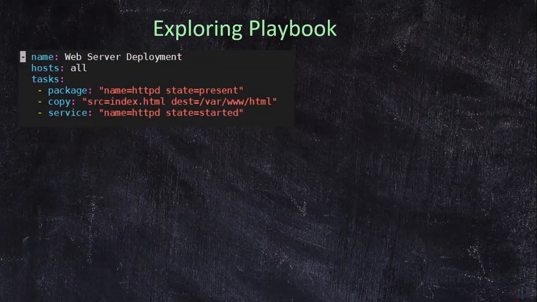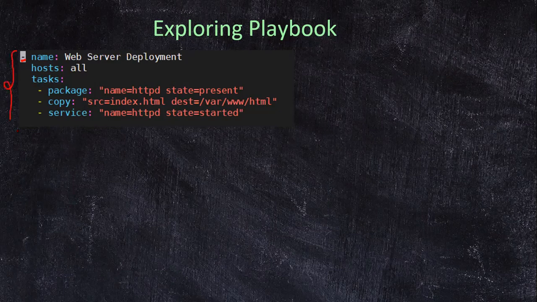In my previous video, we have seen how to write a specific module. In here, you have to make a note of a few important points. First, you have to start with a dash, and then the space is important. This specific name part is optional, but it is a good practice that for whatever play we write inside our playbook, we give it a name. And then the host on which you want to run this playbook, we specify under hosts. After hosts, we mention the colon, and the space is mandatory. Then we define the tasks.